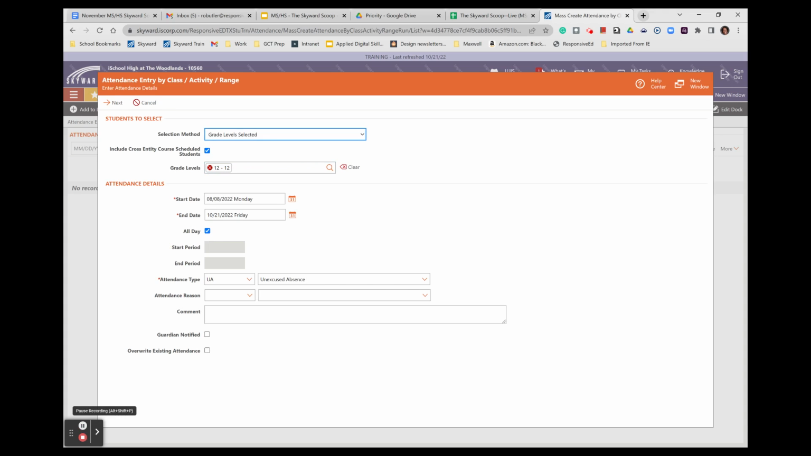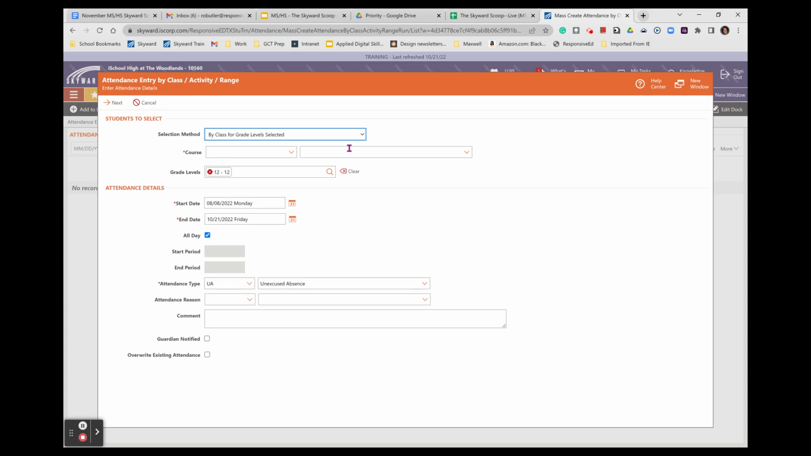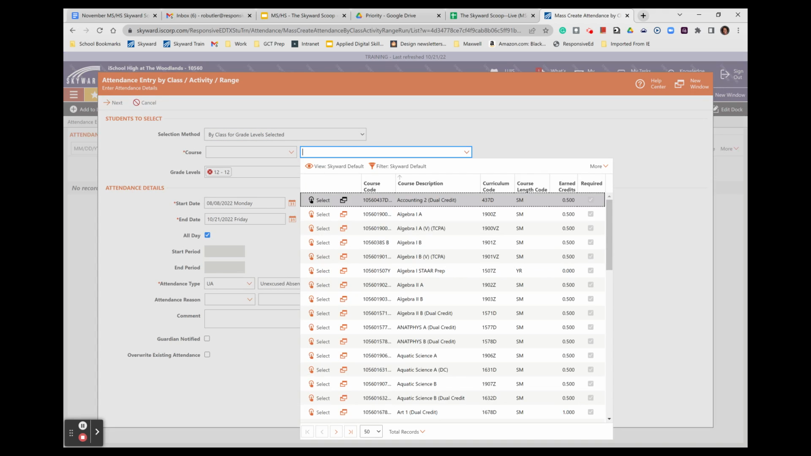Now, this feature is going to be used if you want to update a lot of students at the same time. So, if I wanted to just do my seniors for these dates and I want to update their attendance, I could do it here. If I wanted to do attendance for just a particular class, I could do that as well